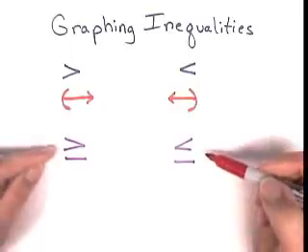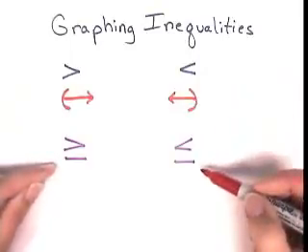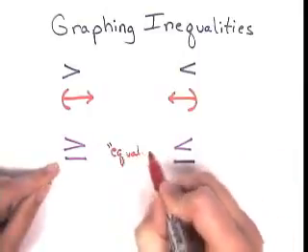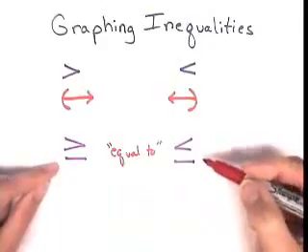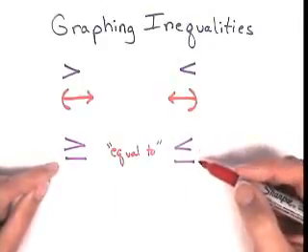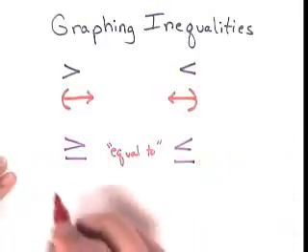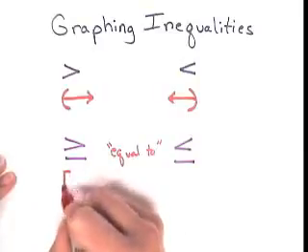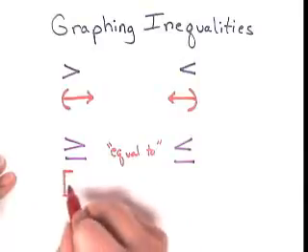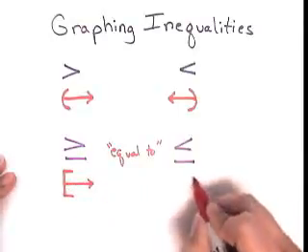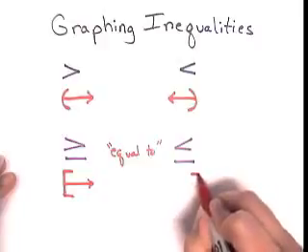The difference between those two and the next two is the equal to part. The line underneath the inequality symbol says not only is it either less than or greater than, but it can also be equal to that value. What you're going to do instead is to create a bracket, which is a straight up and down line, instead of the parenthesis, and then show everything on that side. And the less than value is a similar bracket, opposite,